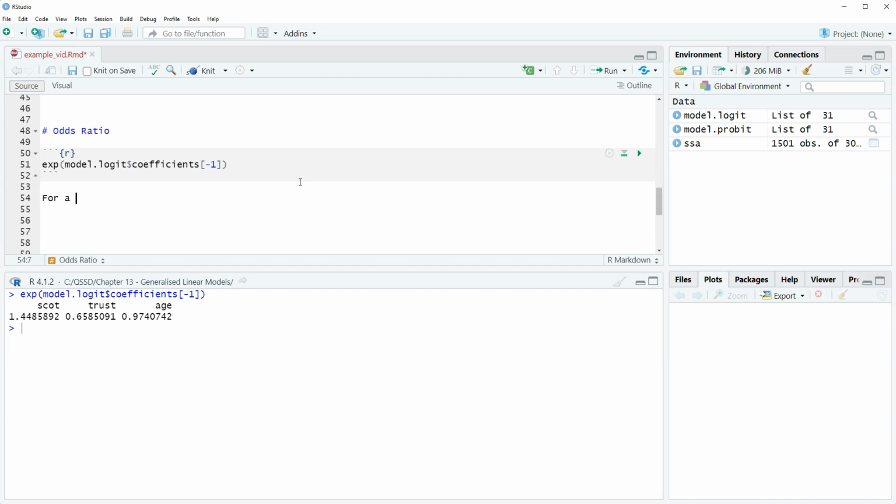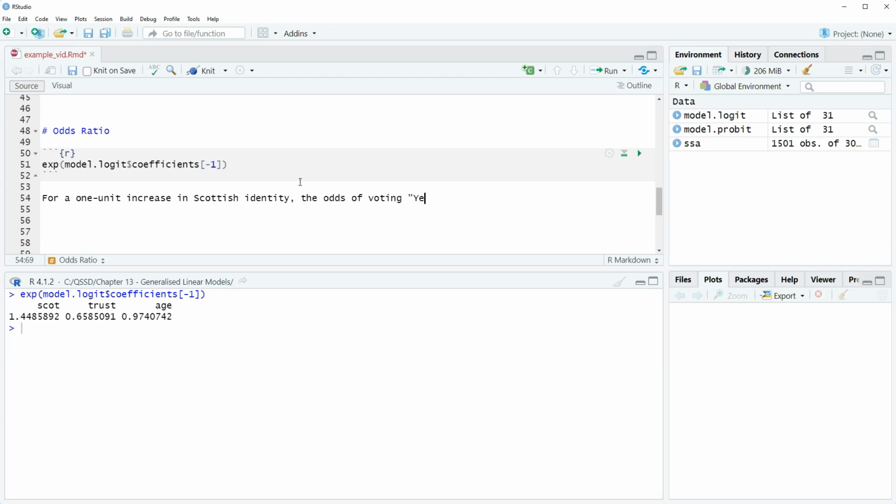So for a 1 unit increase in Scottish identity. All right, so that would be the same kind of standard thing if we were using linear regression. All right, the odds of voting